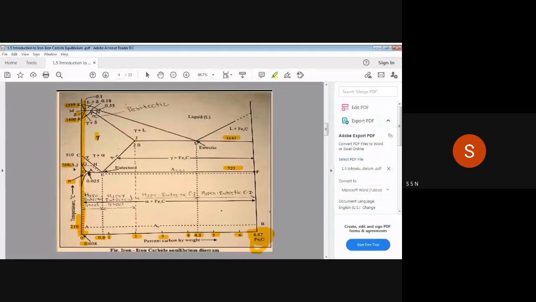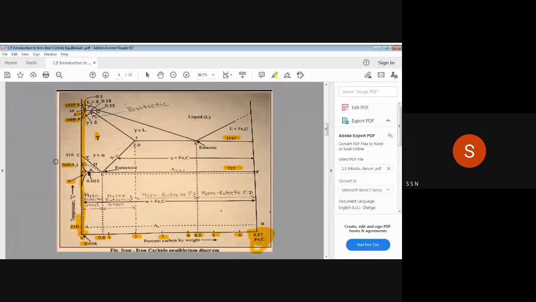From 768 and above, up to 1400 degrees Celsius, that phase is solid phase only, but it is having different microstructure. That's why we are calling it a different phase, and that phase is called gamma iron. Above this 1400 degrees Celsius to 1539 degrees Celsius, whatever phase of iron we get is called delta ferrite. That phase is delta ferrite.